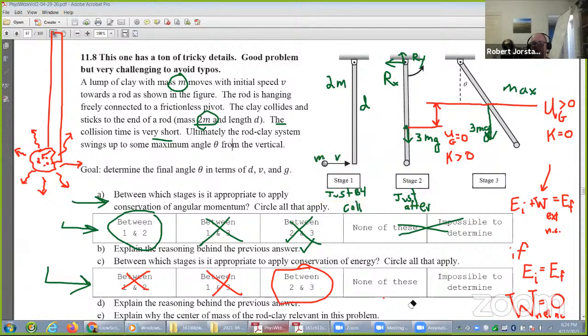Between stages 2 and 3, there are forces present, but the reaction forces at the pivot do no work. Furthermore, the gravitational force is expressible as a conservative force, so it's not non-conservative. Gravity is a conservative force, so it conserves energy. If we convert it to potential energy,